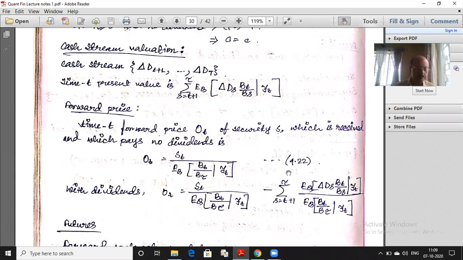So we have this present value calculation and the forward price formula. So why do we need it? The second most important contract after options that we see in the financial market is the forward contract. A forward contract is similar to the option contract in the sense that I contract a fixed price for a fixed amount of a commodity or asset today, but the transaction will take place in the future.